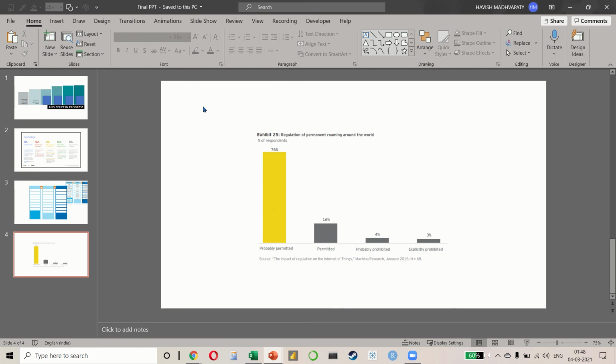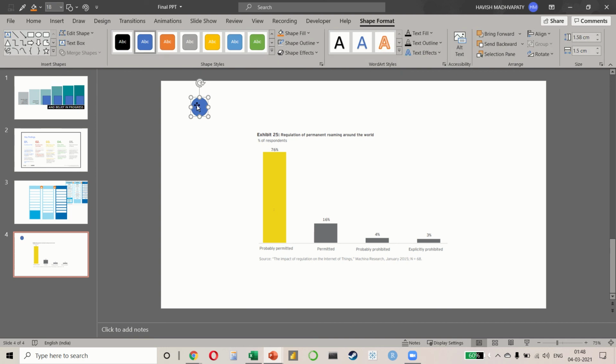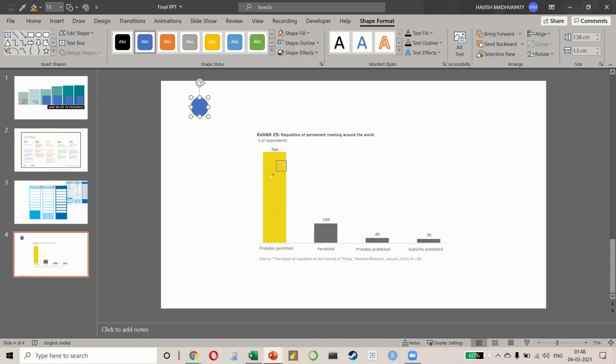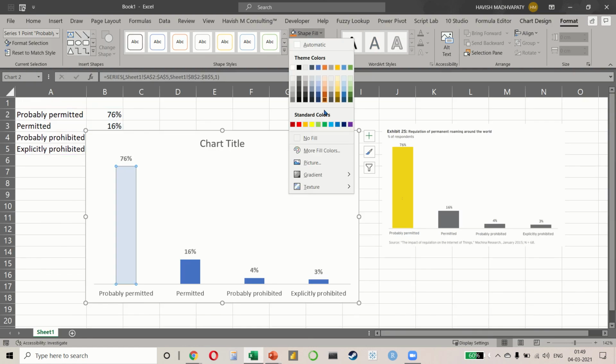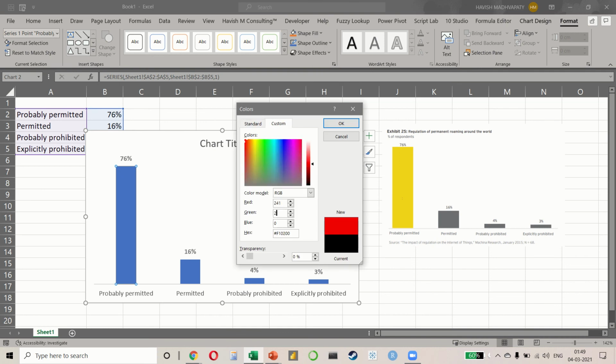I will just create a shape, use the eyedropper, and here we can see that this is 241, 211, 25. Back on shape fill, go to more fill colors, go to custom, and then simply type here 241, 211, and 25.